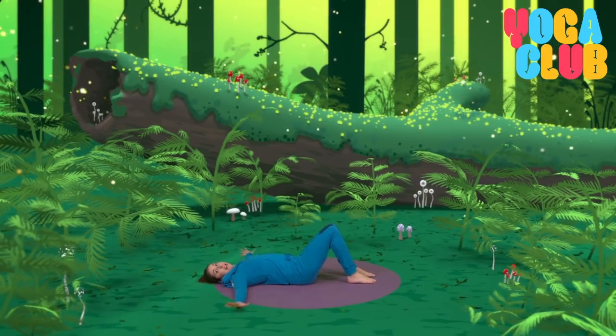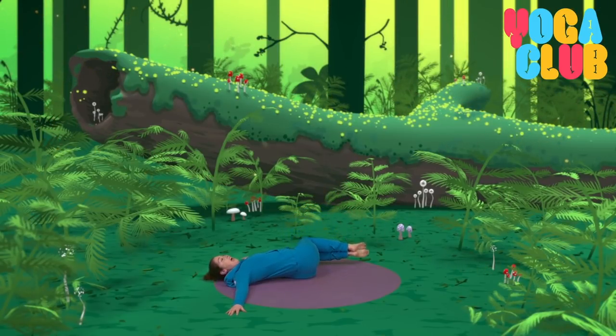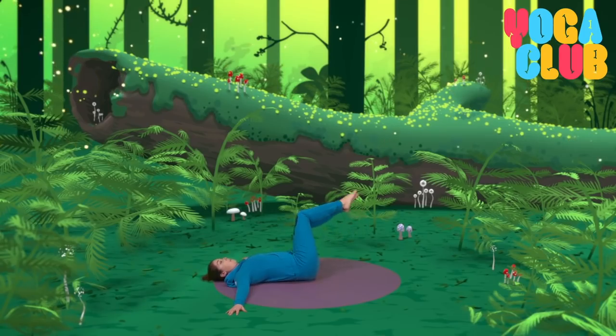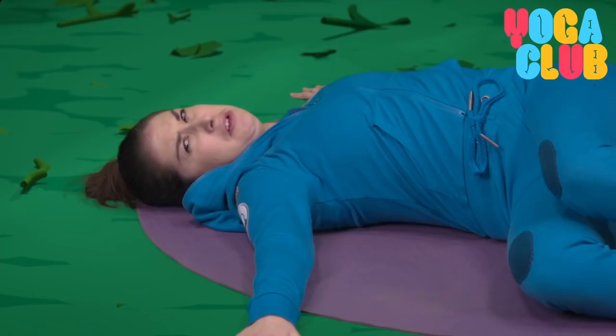We take our arms out wide and we lift up our legs. Then we take our legs over to one side and our head over to the other, making a broken branch. We look all over this broken branch trying to find where Stella is. Where is she? See if you can take your legs up and over to the other side now and take your head round to the other side. All of a sudden, we hear a